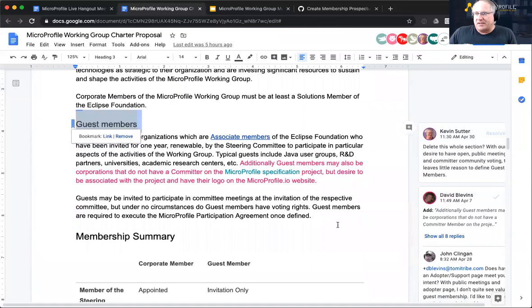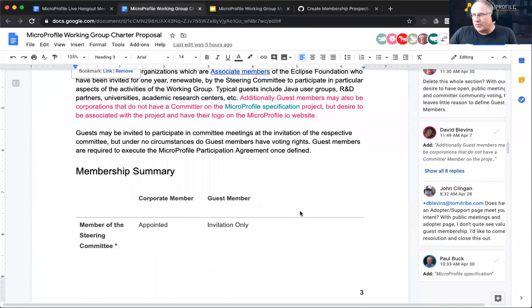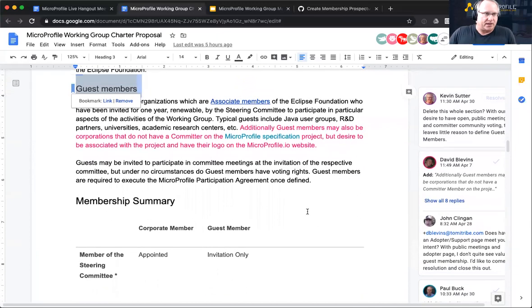The discussion on the right basically says, well, if all of our meetings are open and if we have an adopters page, people that adopt MicroProfile have their logo on an adopters page. What is the value of having a guest membership, right? So that's kind of where the longest remaining discussion thread lies, right? So